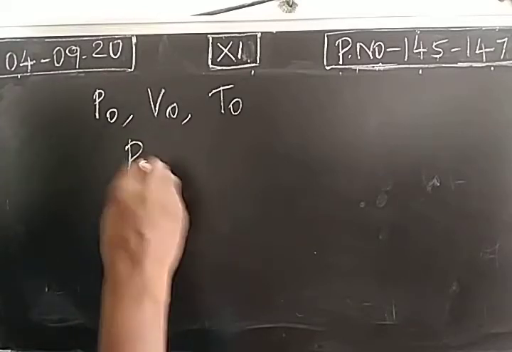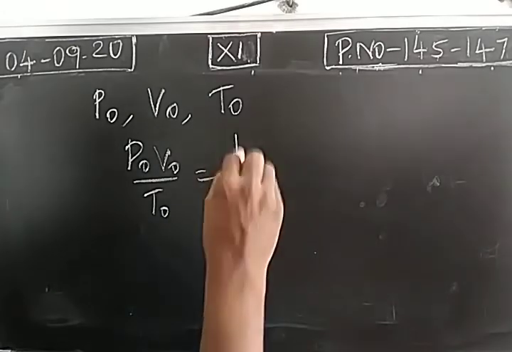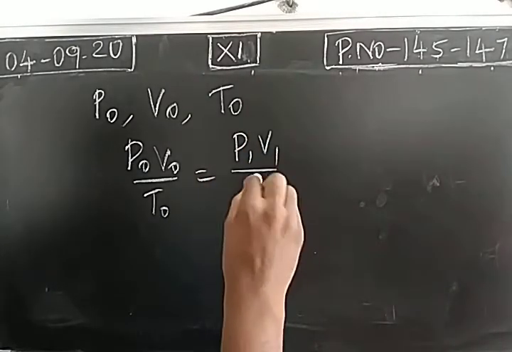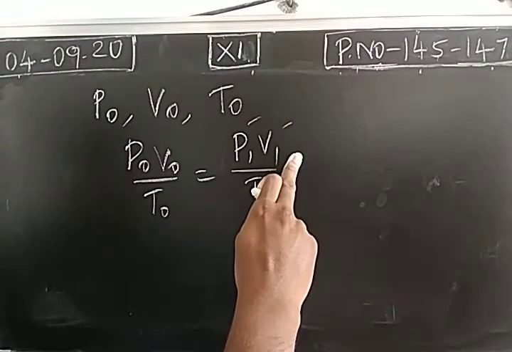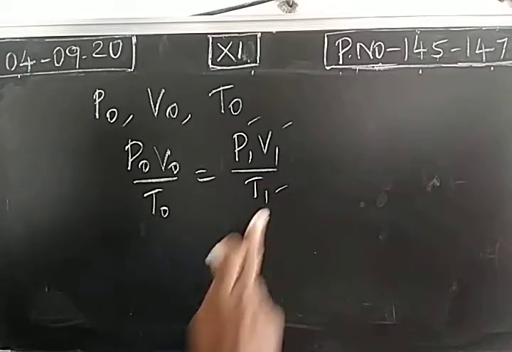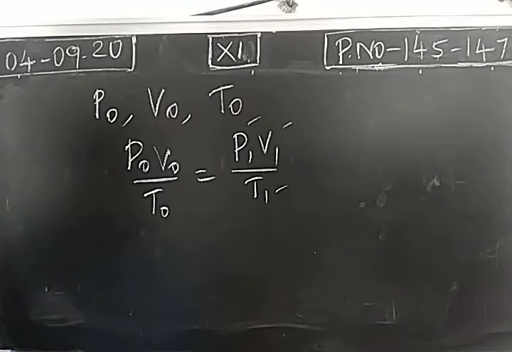According to that, P0 V0 divided by T0 is equal to P1 V1 divided by T1. So this is the formula obtained from the gaseous laws. Right. We know all these values: pressure, volume and temperature of dry nitrogen, pressure as well as volume at room temperature. And this is a standard value, standard pressure and standard temperature. But we need the volume.